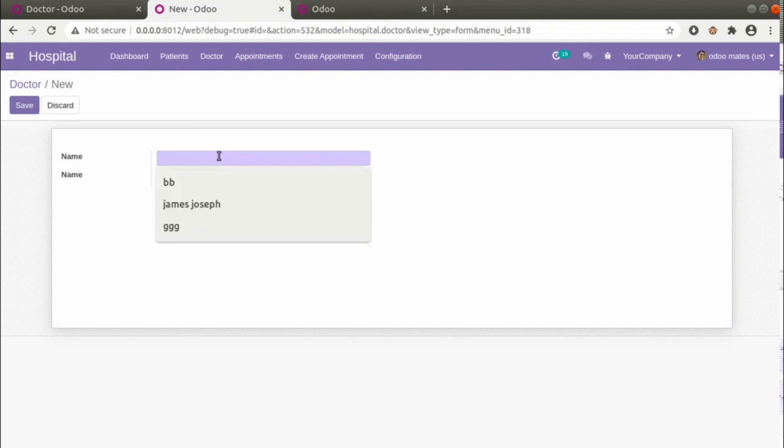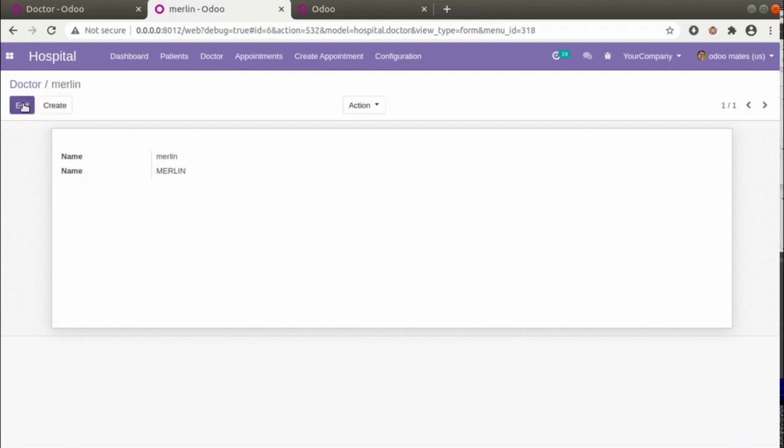I'll create a new doctor called Merlin, and I'll give the patient name also as Merlin itself. I'll click the save button. You can see the error message has gone and we have successfully created the doctor record.